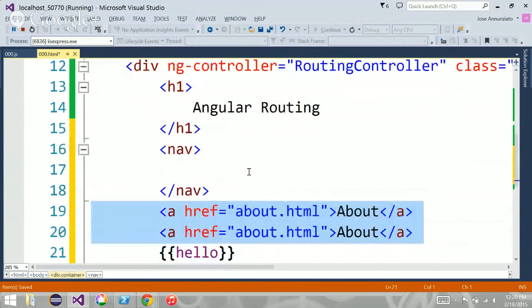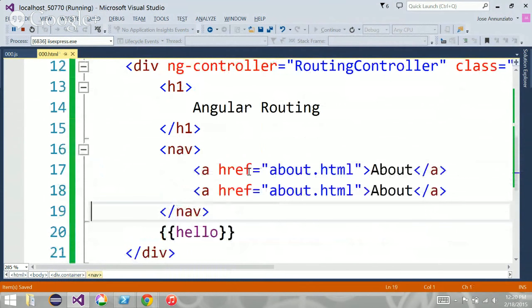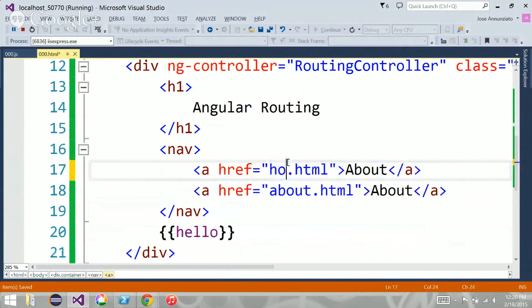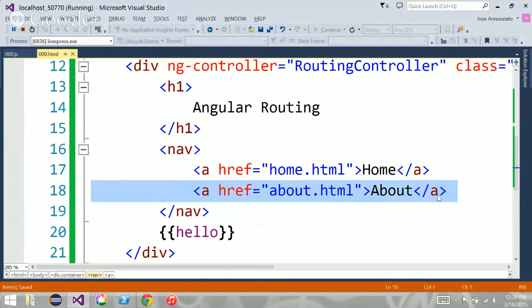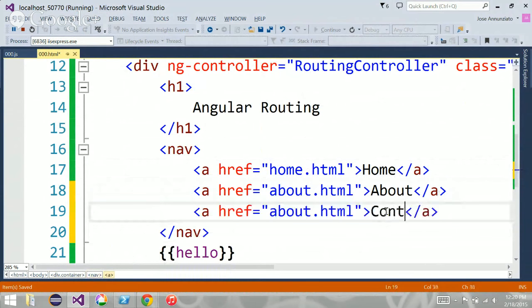Perhaps it's reused through all the pages, yeah. So maybe we have a home, which is maybe this one. Maybe you have this about. So this is home. This is about, and maybe you have contact, and then contact.